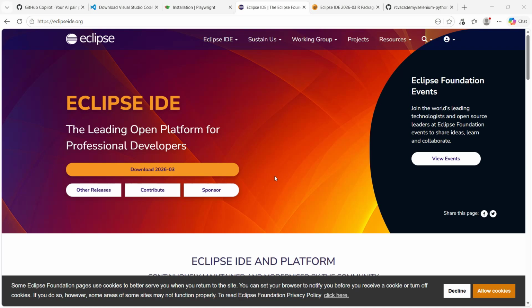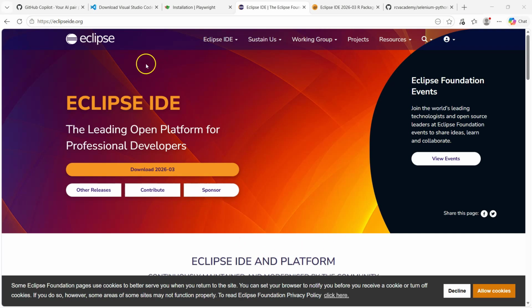So why we are going through the Eclipse IDE, I just want to show you some of the Java Selenium code as well, and how GitHub Copilot, our AI powered pair programmer, helps us write the code faster, write the test automation scripts faster, and then make sure we get better coverage. It will also help us to fix any of the errors and issues, and let's see how we are going